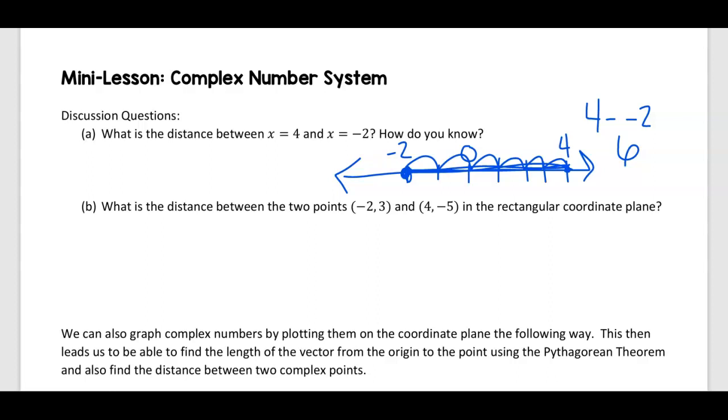We then want to look at the distance between 2 points in a coordinate plane. And so if we look at the point -2, 3, and 4, -5. Now we want to figure out what the distance between these 2 points are. And instead of trying to figure that out kind of on the diagonal, the way that we're going to do that is with Pythagorean theorem. So if you make a right triangle,